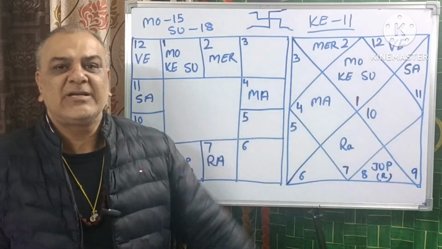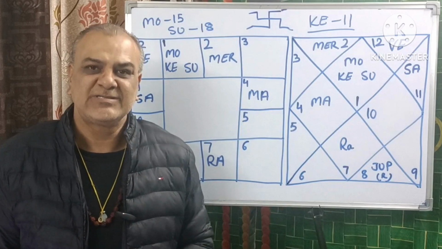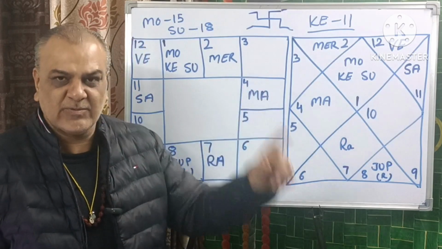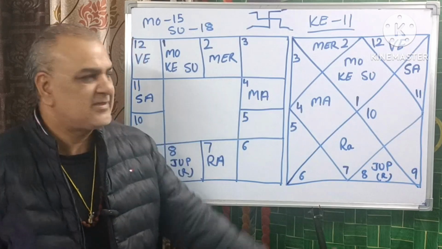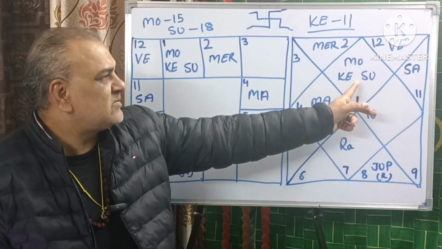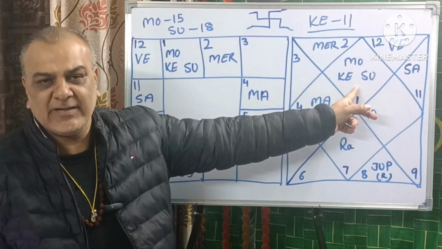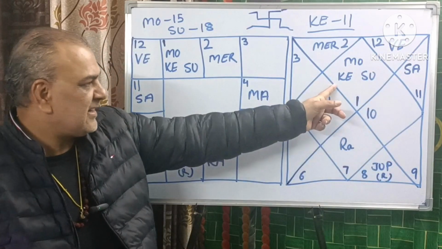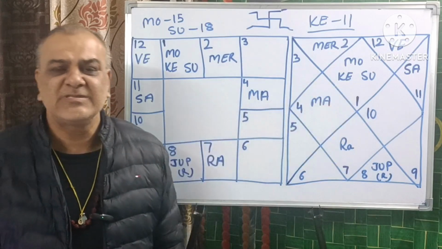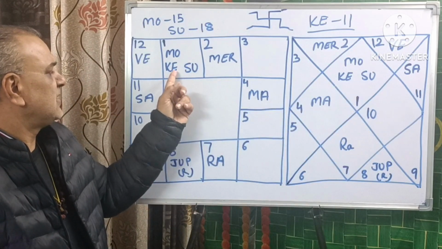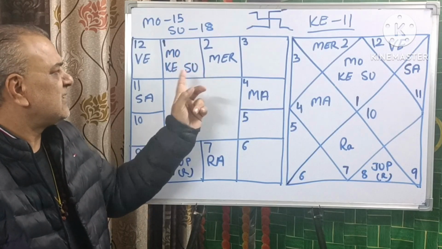First in the birth chart is Ketu. He has already crossed Sun, Moon and is about to enter the other sign because Ketu travels anti-clockwise. He is at 11 degrees approximately here. Next comes, when you enter from here, Moon at 15 degrees. And in the last comes Sun at 18 degrees. Here also you will see the same scenario. Ketu, then Moon, then Sun.